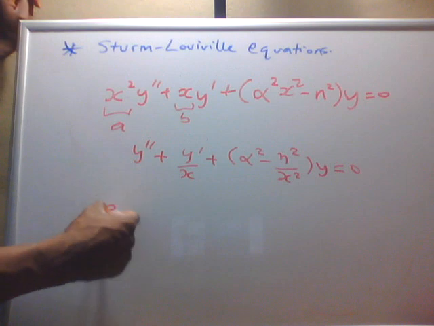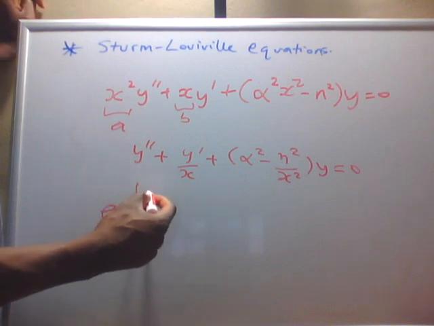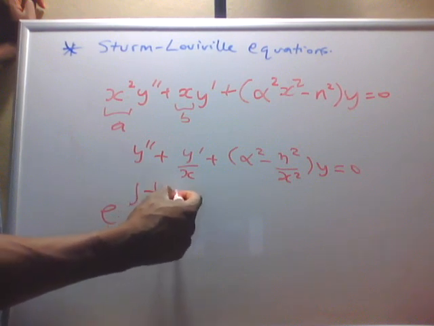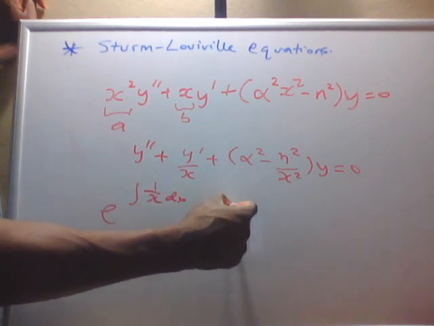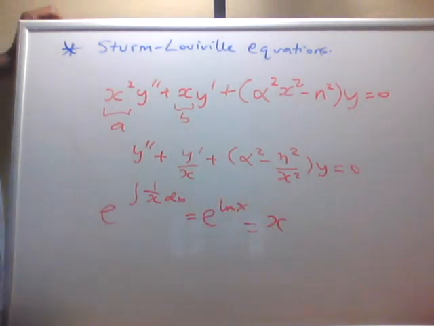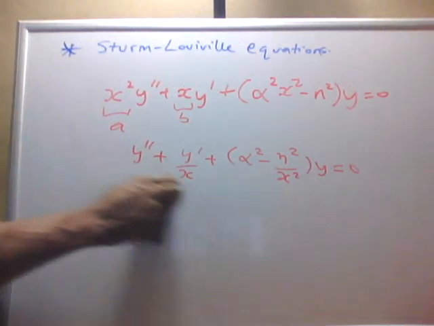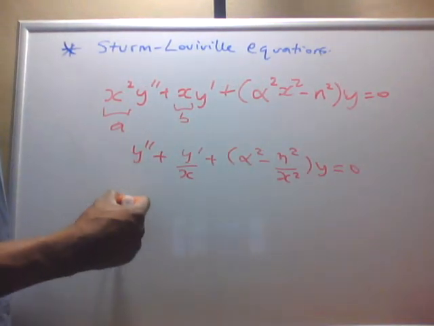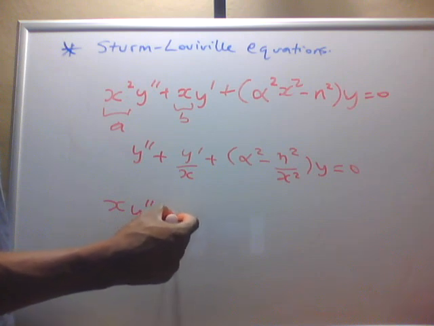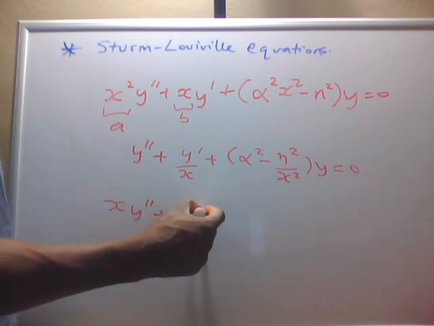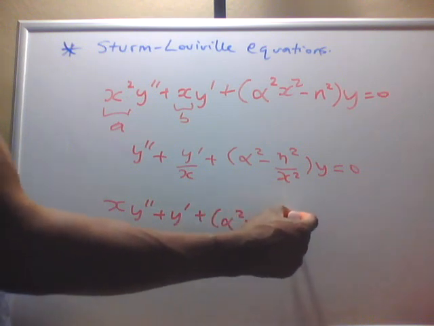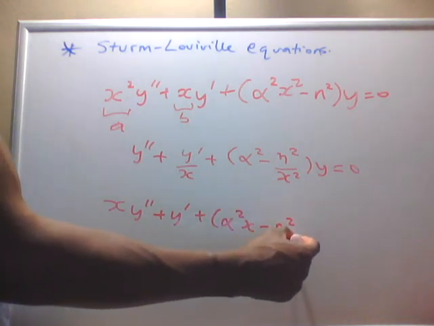Okay, so our integrating factor was e to the integral of b over a, which is 1 over x dx, which is e to the natural log of x, which is x. So I'm going to multiply through by x, and that gives me x y prime prime plus y prime plus alpha squared x minus n squared over x